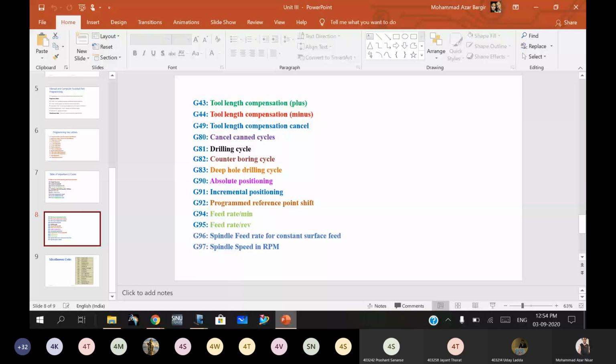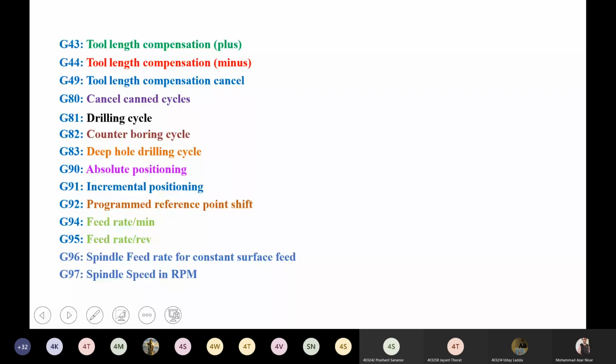You can see G90 and G91 have been completed. G92 is a reference point shift. If you want to shift your point, you use G92, and from that reference point you specify how much X, Y, Z is shifted.